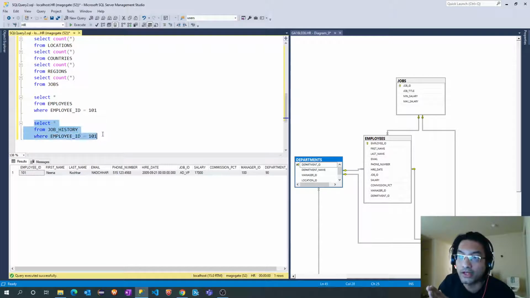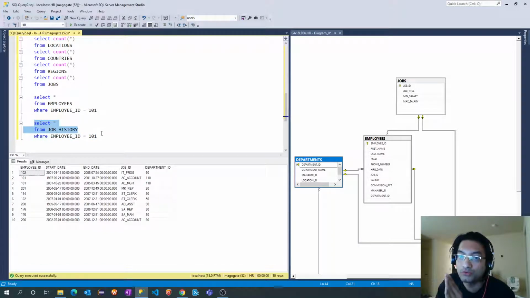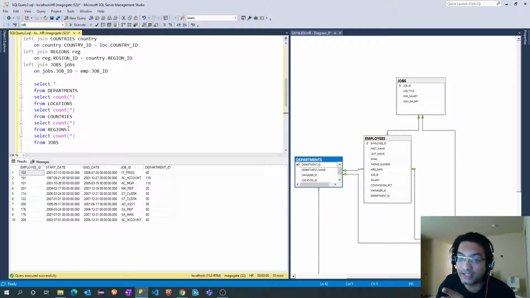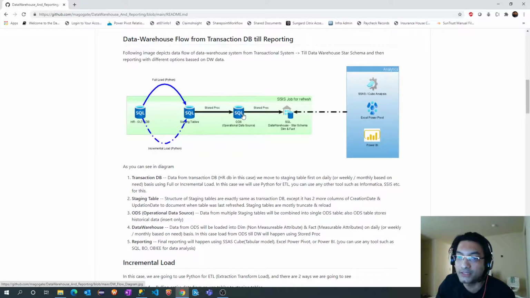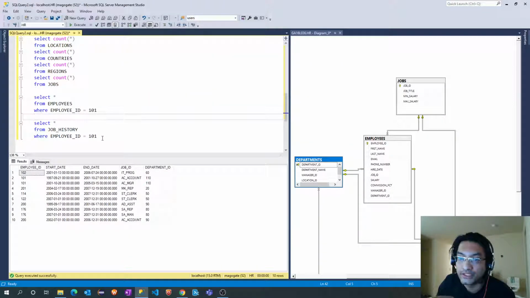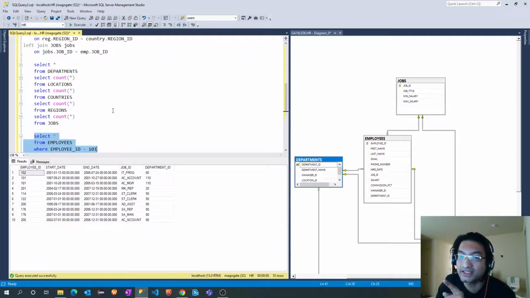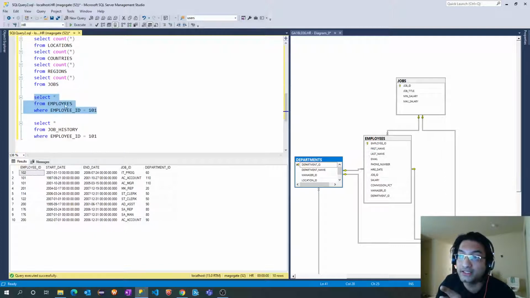Now, what about the old records which are available in job history? So what we'll do for that is, while inserting records into the ODS table, for the very initial load, for the very first load, we use the job history table. We'll insert all these 10 records, joining with the remaining tables, into the ODS table. Once that is done, then all remaining future loads between staging table and ODS table we'll do using the employees table. Okay, so before we jump into that, let's first finalize what all columns are needed from the employees table or the remaining master tables.